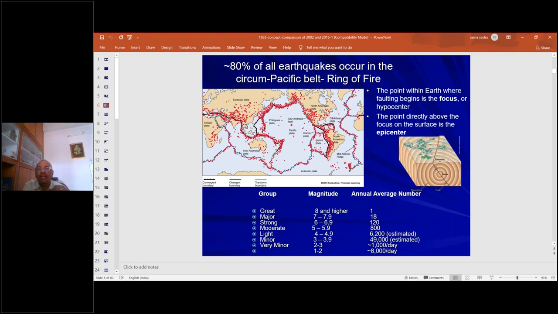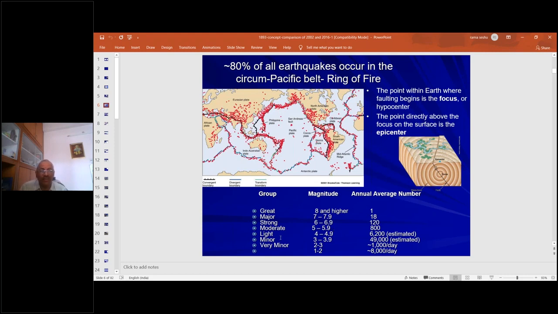focus. That is the creation point, the starting point, or hypocenter. And the point directly above this focus on the surface is called the epicenter. Okay. So now if you see the statistics of what is the average annual number of earthquakes